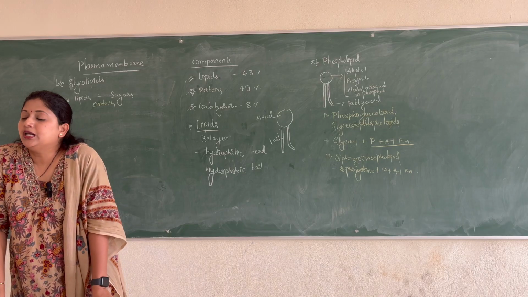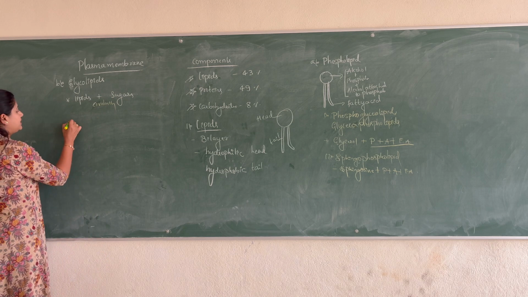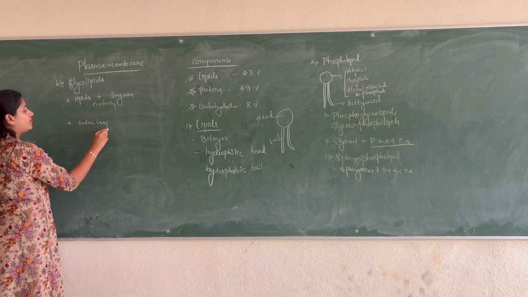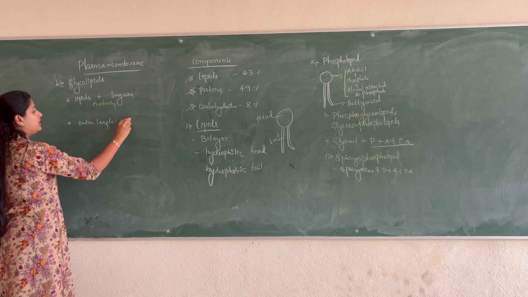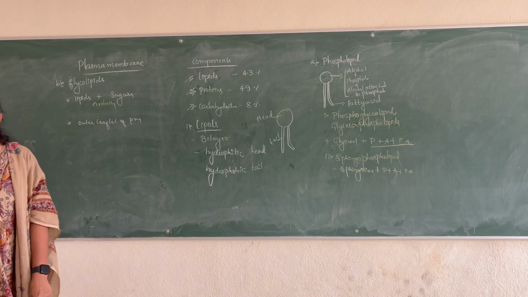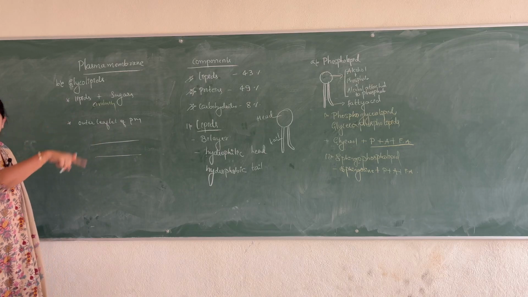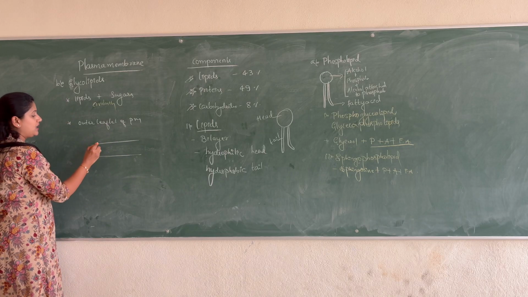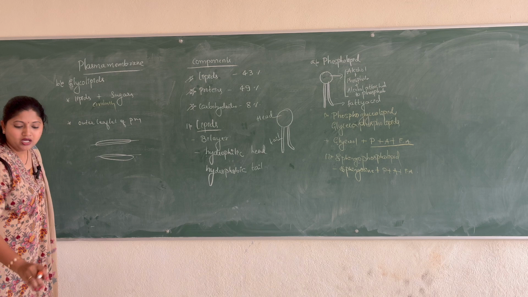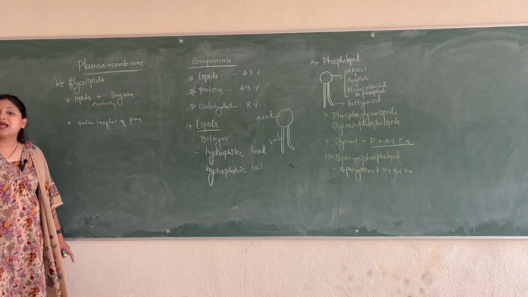Through covalent bonds, the lipids and sugars are bound. And you remember these glycolipids are usually present in the outer leaflet of the plasma membrane. Outer leaflet means, we will see the detailed structure of the plasma membrane once we complete this. The two layers that are there, these are called the outer leaflets. So the glycolipids are usually present on the outer leaflets of the plasma membrane.